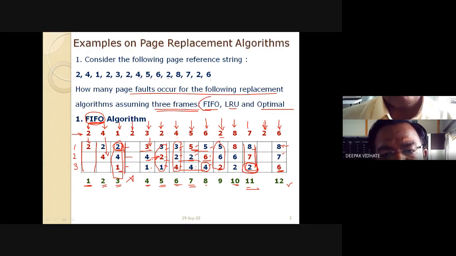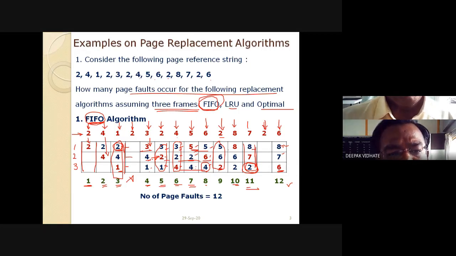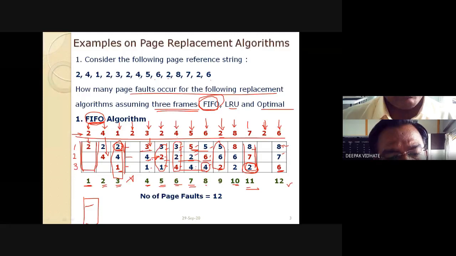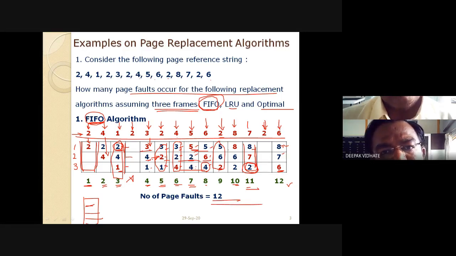So the first numerical, or first algorithm, we have solved. How many page faults are we getting here? We are getting a total of 12 page faults. So you have to draw the diagram this way. Write the reference string first, and below this you have to draw the 3 frames. If there is a question for 4 frames, you also have to draw 4 frames. And you have to apply the logic of the algorithm and solve step by step. The answer must be correct. It is very simple. There is no rocket science, or any difficult condition in this particular algorithm.